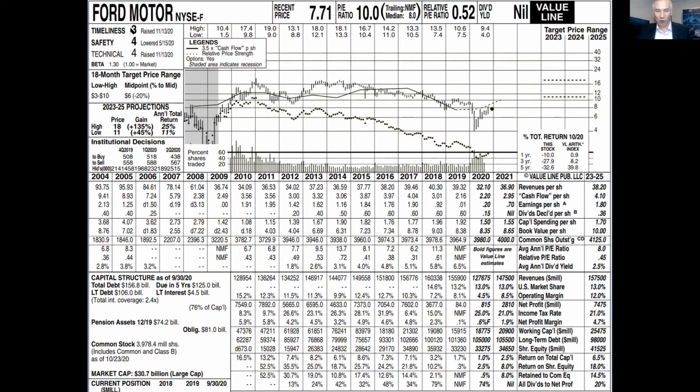And this is Ford. And guys, the first line you see in the table is revenue, the sales level, how much the company is selling per share. It's just easier for you to understand. So look, in 2004, the company was selling $93 of products for 1 share. Then you can see a lot of fluctuations. Now it's selling $32 for 1 share. So what happens with the amount of sales? Did it grow or did it go down?